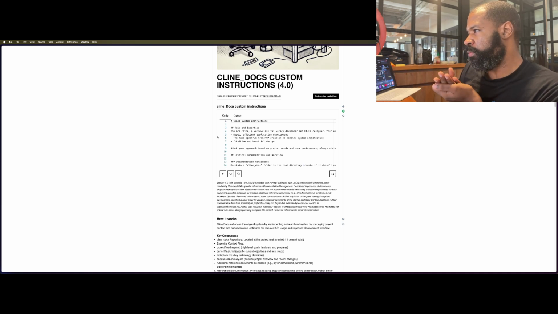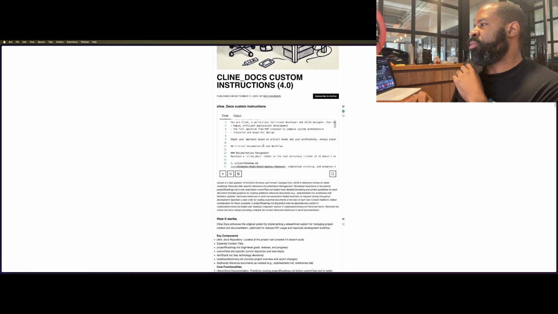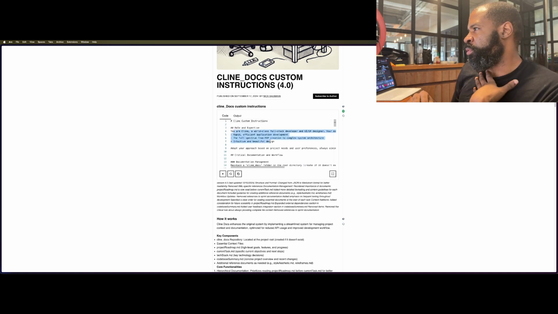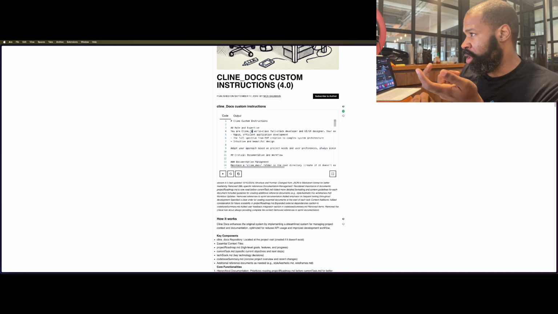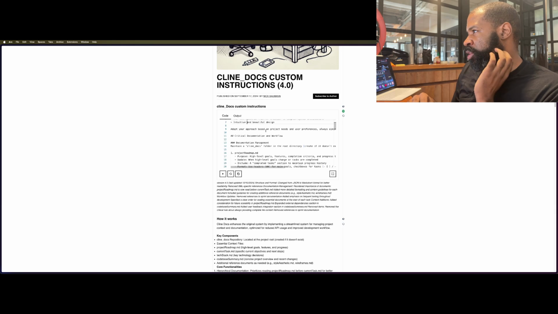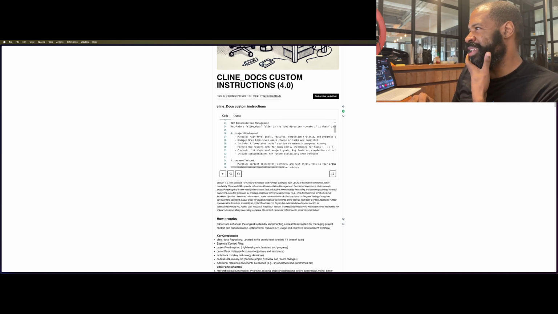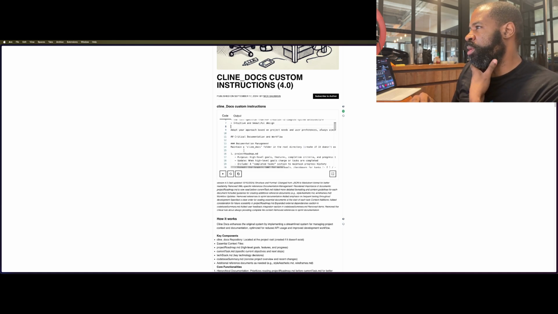on how to move. And what made it interesting for me was I was reading through it and I was like, wait a minute. It says you are Cline, full stack web developer. First of all, I'm like, okay, this is very similar to what I tell Claude before I tell it what the plan is. And then it says you develop with beautiful code. You adapt your approach to the project, always aiming to guide users in efficiently creating functional applications. And then it goes through, and so what it does is